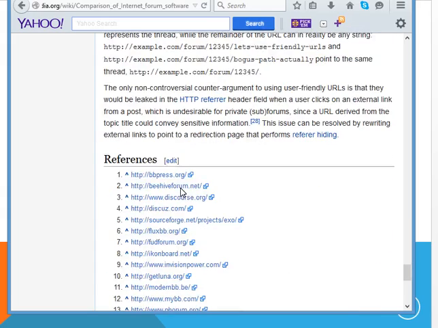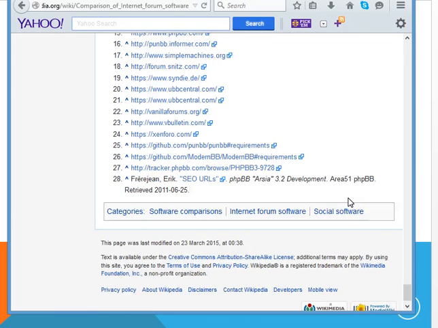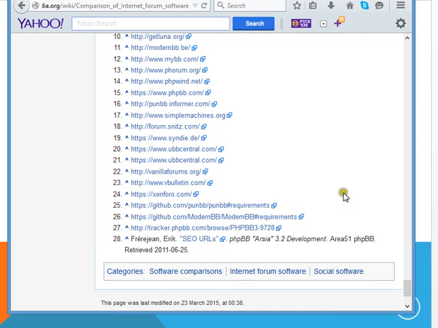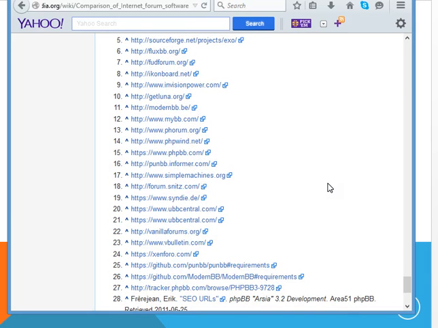And finally, they have references where you can go and get more detailed information on any particular forum that you think might be appropriate for your use based on the comparisons above. So this is a fairly good starting point for getting information about forums.